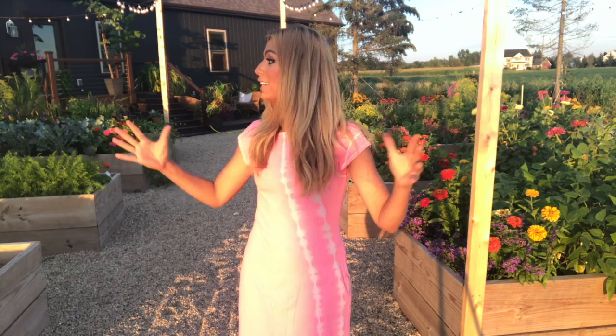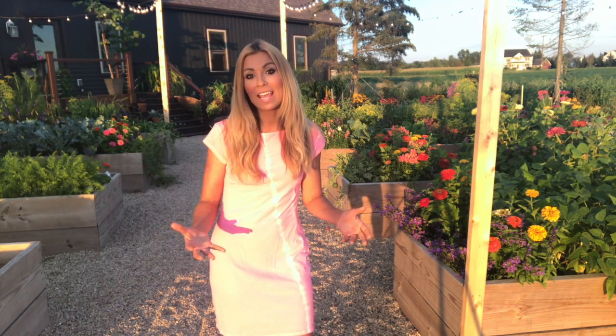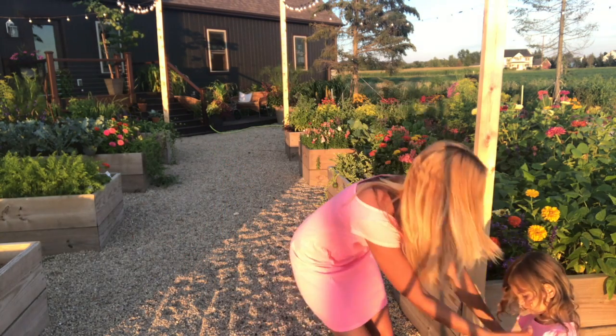When you get yourself a fertilizer injector when you're gardening on such a large scale, it saves you so much time. I was able to even get in a ton of swim time, hang out fun time today. It just really saves time when you've got that injector. So that way you can enjoy your garden and you can enjoy